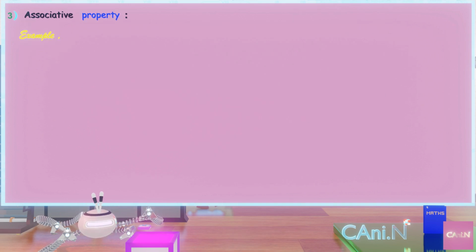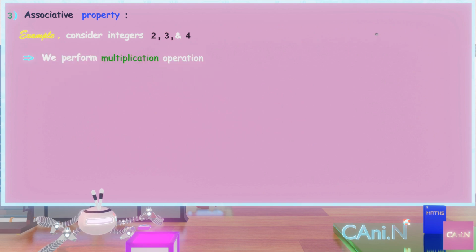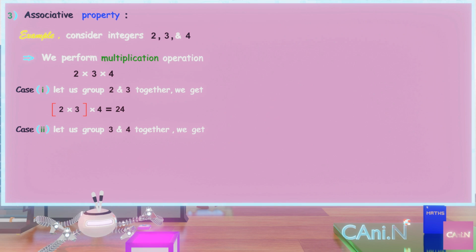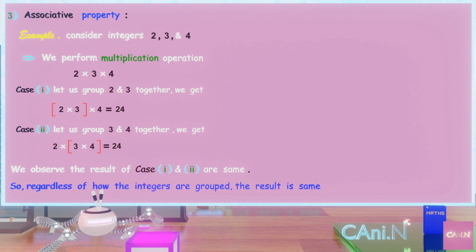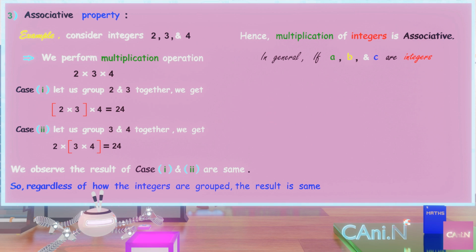Associative property. Example. Consider integers 2, 3 and 4. We perform multiplication operation, 2 into 3 into 4. Case 1, let us group 2 and 3 together, we get. Case 2, let us group 3 and 4 together, we get. We observe, the result of case 1 and 2 are same. So, regardless of how the integers are grouped, the result is same. Hence, multiplication of integers is associative. In general, if a, b, and c are integers, then